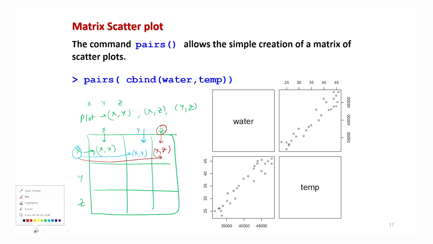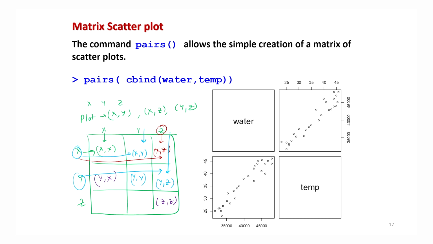Similarly, in the second row, this will be y versus y, which has no meaning, and then you will have y from horizontal and z from vertical, which is the plot between the variables y and z. And in the third row, this is going to be between z and z, which has no meaning. And then the plot between x and y and the plot between y and x are going to be the same. The only thing is that their axes are changed, but the pattern is not really going to change.